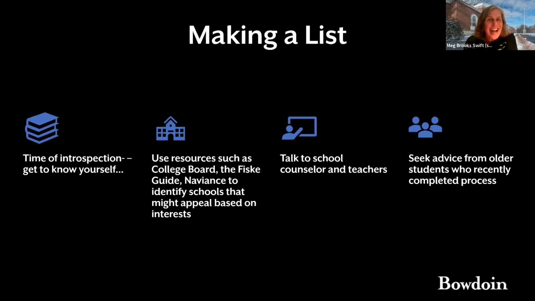So here we are, 9 to 12 months out from when your student is likely to be applying to college. For those of you who are parents of juniors, and we appreciate that we may have some parents of sophomores and first years out there too, we are gearing this as though this is a group of juniors. So the first step is really to make a list. And actually, before you dive into action, this first step for students is to spend some time really looking inward.